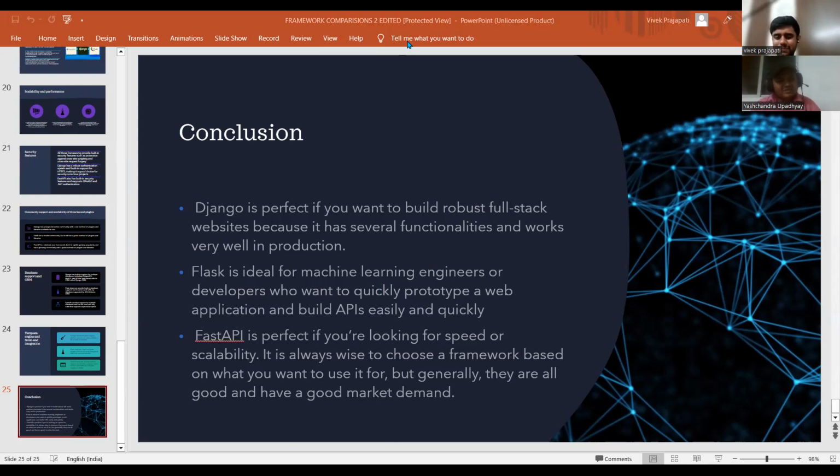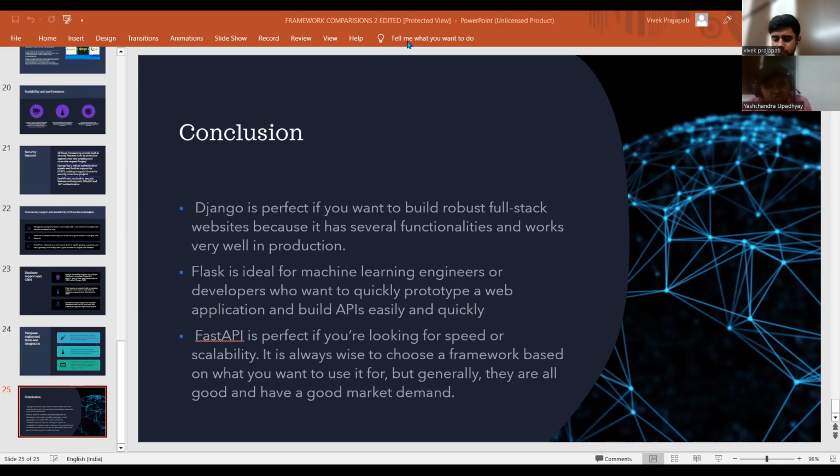You can always have some kind of notes on your screen. When you are on full screen presentation, we can't see your notes. That would be good. You can take it as a tip for next time when you are doing a presentation. You will not forget it because you will have some notes you could look at. Other than that, your overall presentation was good. You did explain what type of framework to use in what scenario, I would say, in the last conclusion slide. And about the frameworks, that was also good.